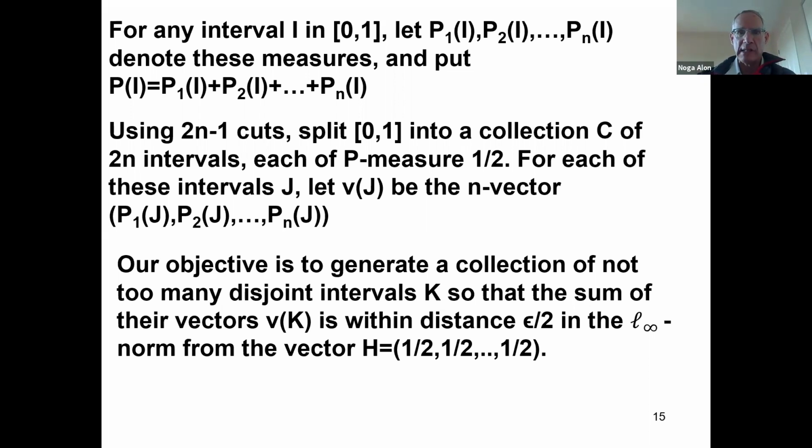And what we want is that the sum of the vectors corresponding to these intervals will be as close as we can to the vector half, half, half, half, right? Because if it's exactly the vector of half, it means that the collection contains exactly half of the measure of each type, and the L infinity norm measures how far we are from this ideal partition. Okay,